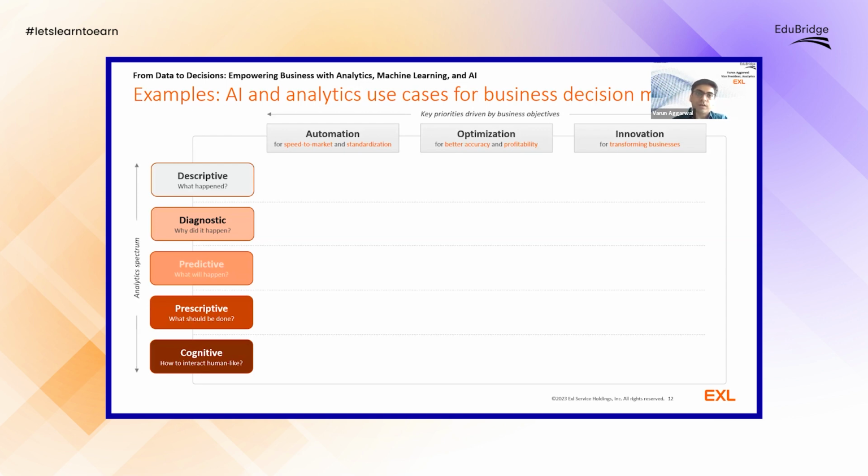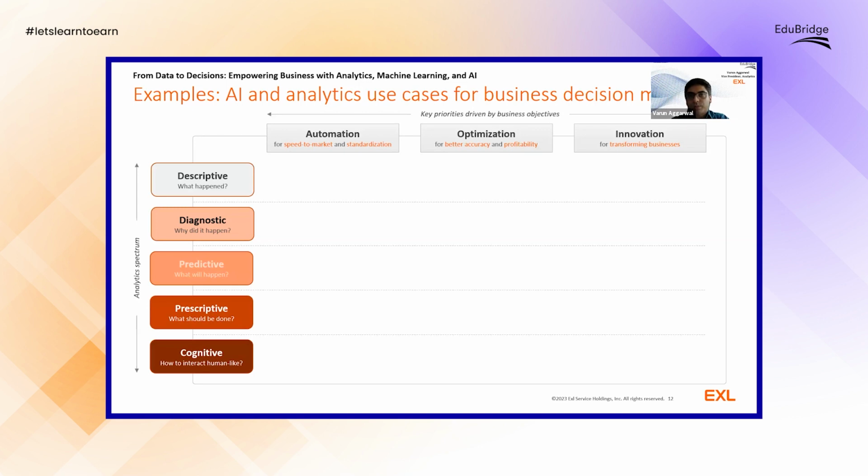So hence there is always a rat race, that who goes first, and sometimes businesses also strategize not to go first and they would let other people try it out and learn from their experience. However, speed to market remains one of the key objectives for most of the businesses. So that is the key reason why businesses want to automate the processes. The other part is that all businesses have multiple processes, multiple functions, multiple departments, and they would want to keep standardization at the core so that they can efficiently operate. So that's why they need to automate most of the work.